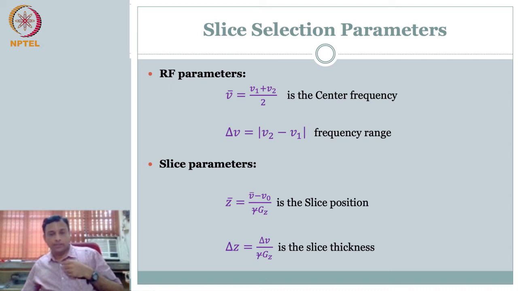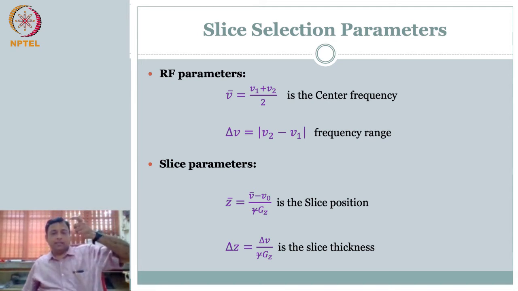What you need to notice is we are interested in the imaging business. So they are going to say the image is at this particular location of the brain. So we are interested in slice position and thickness of the slice. So the engineers, or the console, is going to give parameters that choose the frequency such that the physician or the radiologist can do a study at a particular location. This usually will be a user input or the radiologist input.